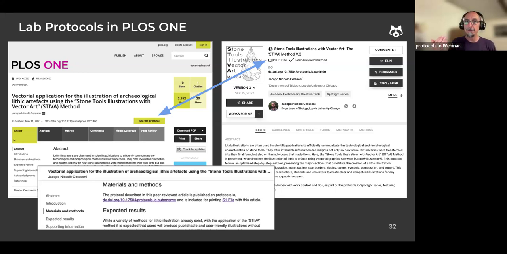There should be some effort behind it, of course, but the idea is to capture the constant method development that very often goes unacknowledged and is usually just summarized in one or two sentences in the materials and methods section of a manuscript. And this integration between Plus One and Protocols.io is meant so that the protocol is front and center of the paper.